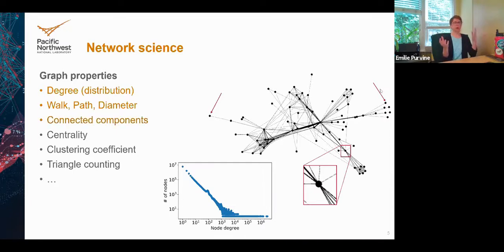Once you have a notion of walks and paths, you can have a notion of connected components: whether a group of vertices is fully connected by a path, or whether you've got groups of components of your graph that you can't get from one to the other using a walk. This graph, of course, has one connected component.